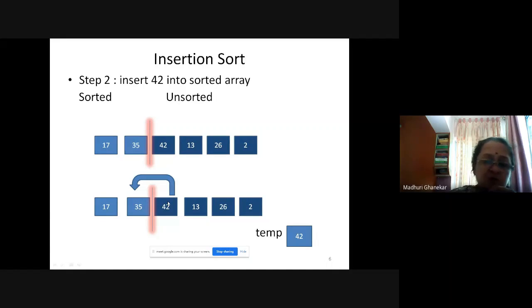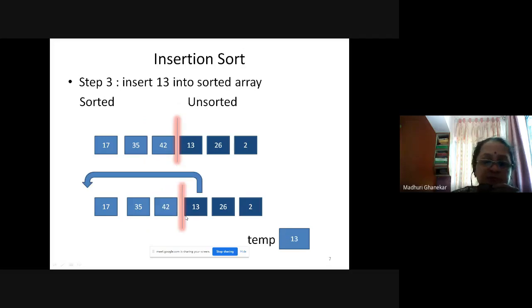So no shifting is required in this situation, because this happens to be the largest element from the given sorted list. So it will be written at the same position, and then we move this imaginary line to this. Okay, so now our sorted array has become 17, 35 and 42.